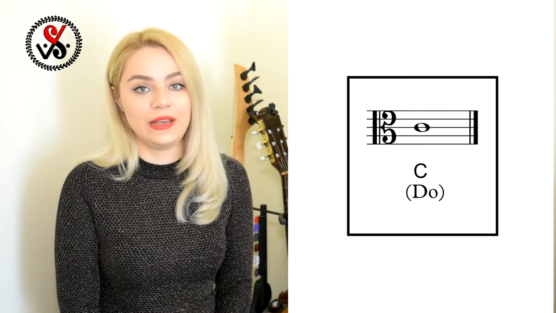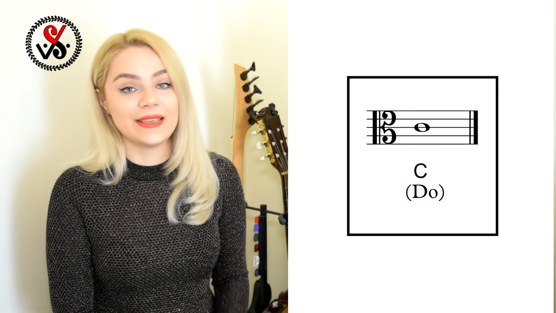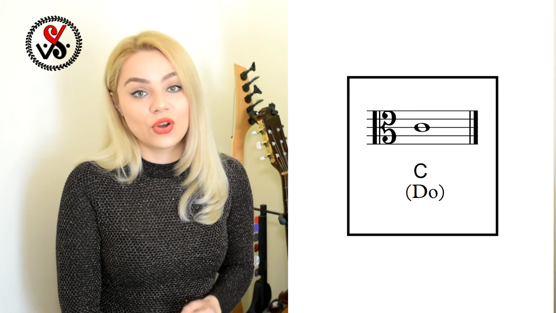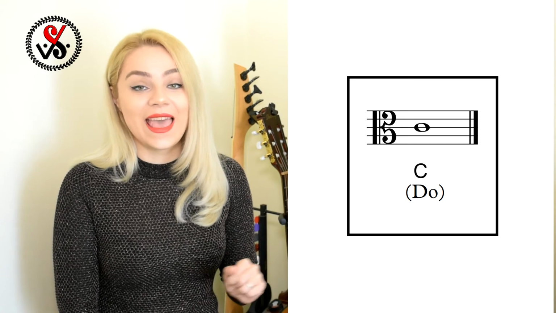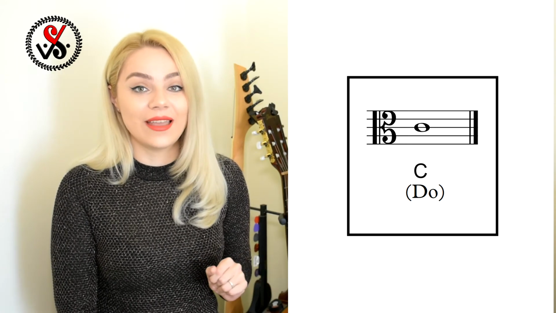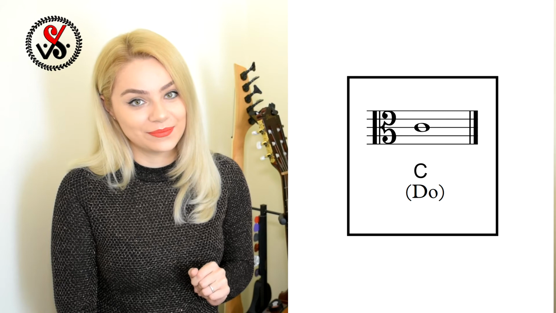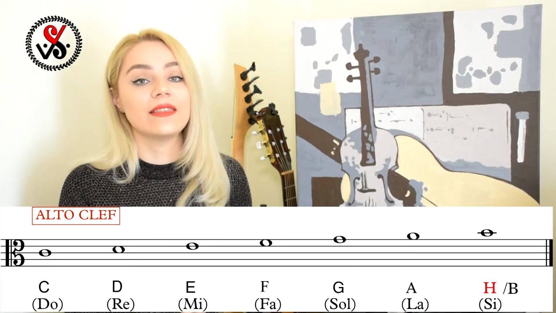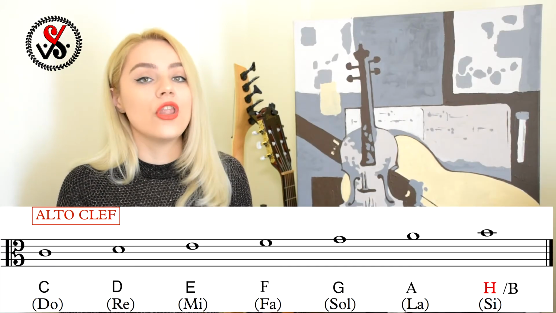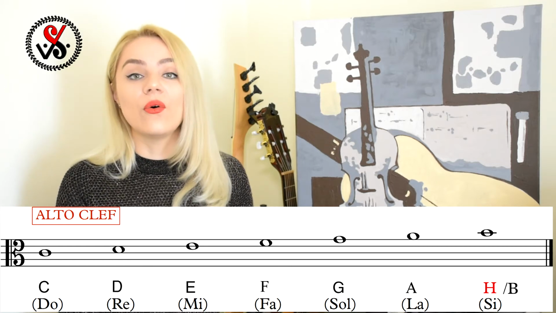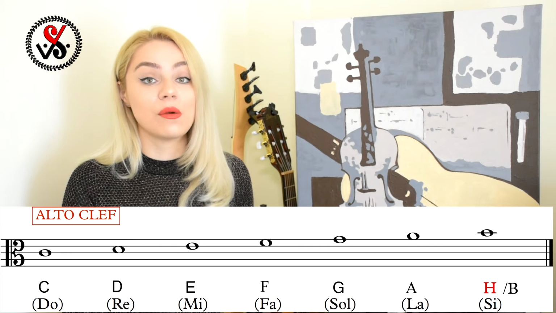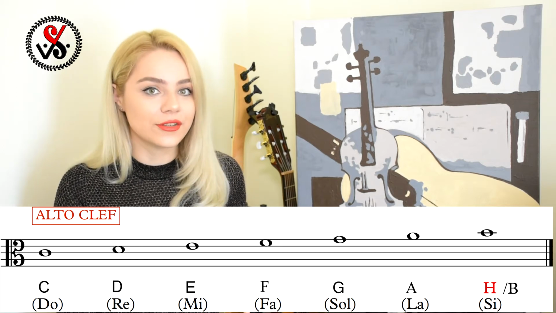And the alto clef, or clef C. This clef shows us straight away where C is located, and it will be the 3rd line of the music staff. In the alto clef and in the bass clef, notes are not changing their names. The only thing they are changing is their position or location.